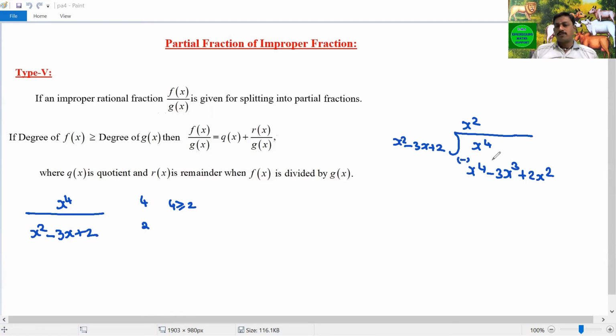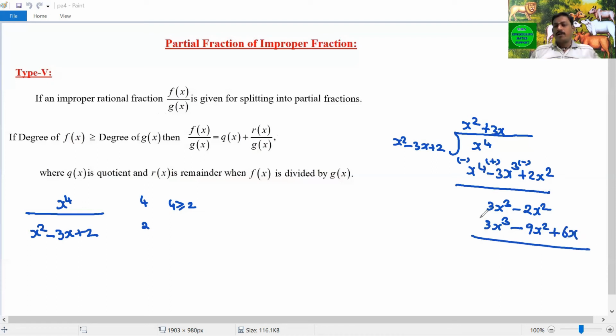If you subtract this, the symbols will change, positive into negative, negative into positive. Now the x power 4 will get cancelled. Here we will have 3x cube minus 2x square. Now if you observe this term, we will have 3x cube. To get the 3x cube, we have to multiply this x square by plus 3x. We will get the term as 3x cube minus 3x into 3x is minus 9x square plus 2 into 3x is 6x. If you subtract this, the 3x cube is getting cancelled and we will have 7x square